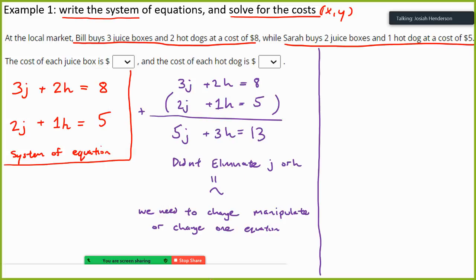All right, we'll go back to red. So look at the red equations at the beginning with me. We tried adding them together in purple, but that didn't work. It didn't eliminate J or H. Looking at the original red equations again,